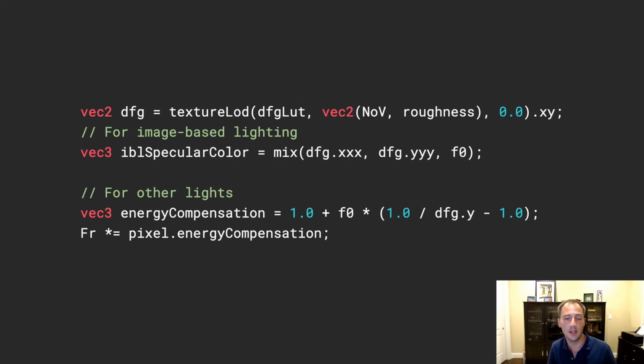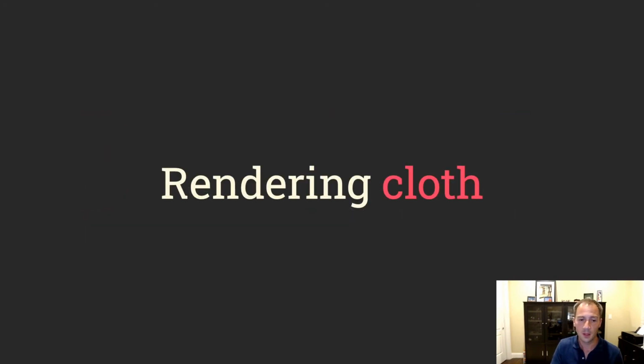What's interesting is that for the analytical lights, you first compute this energy compensation term that just follows the equation we saw earlier. Once you have that, you can apply it as a multiplication to all the lights. So for the cost of 3 multiplies per light, you can fix your metals. We also apply it to the dielectrics. It is not really correct the way we do it, and the solution that we use contains approximations, as explained by Lagarde and Golubev in their presentation, but it's definitely worth it given the cost.